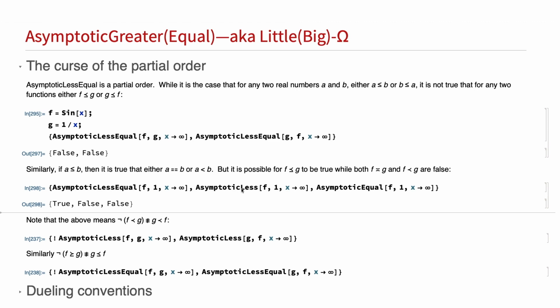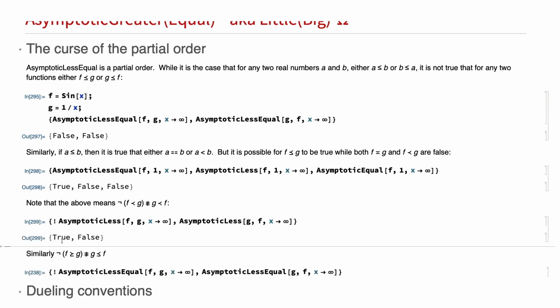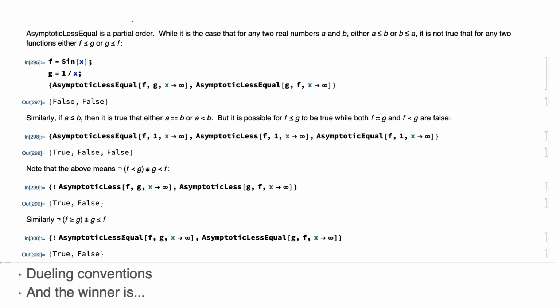You have incomparable functions. As an example here, f is sine of x and g is 1 over x, and it is neither the case that f is less than or equal to g nor that g is less than or equal to f. Similarly, if you have that a is less than or equal to b, you can conclude that either a is equal to b or a is less than b. But that also does not hold for asymptotic relations. Here, f is asymptotically less than or equal to 1, but it is neither less than 1 nor equal